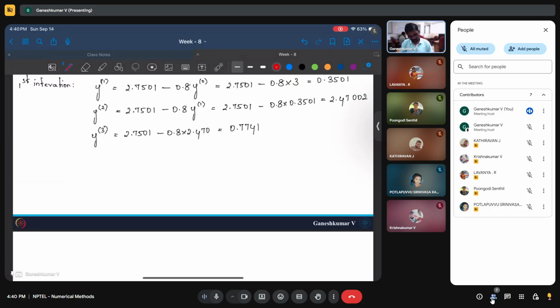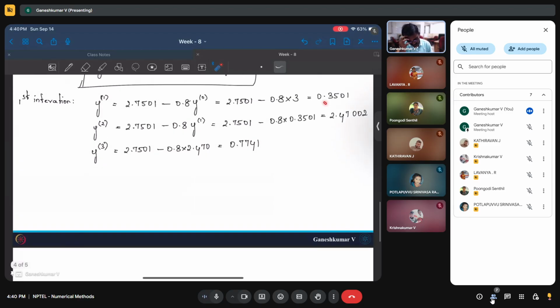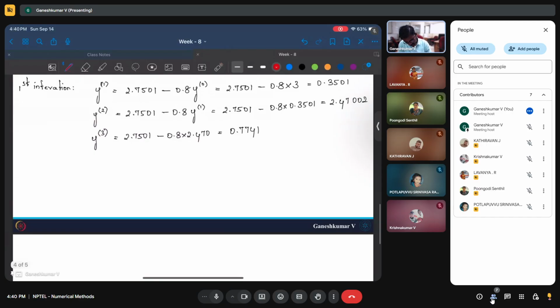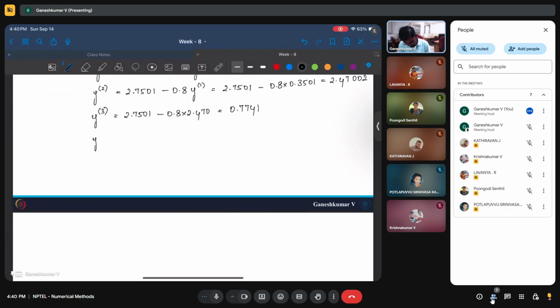0.7741. You can also note how the iteration values keep changing. It started from 0.35 and then suddenly jumped to 2.47, and then again you jump back to 0.77. So clearly it hasn't reached the steady value. So we have to continue this. If you continue this, this will be 2.7071 minus 0.8 times 0.7741. So that will be around